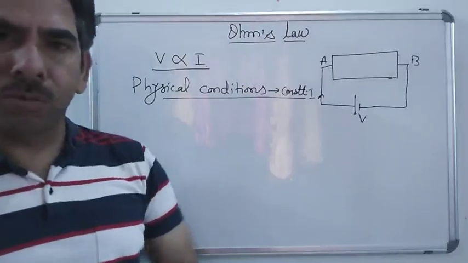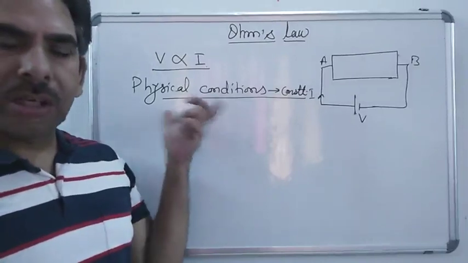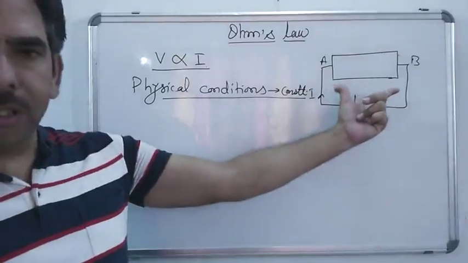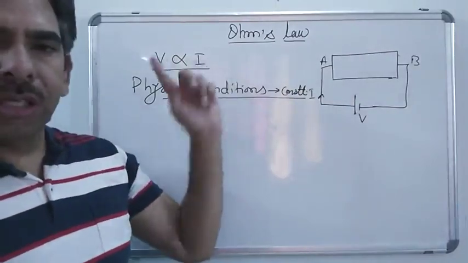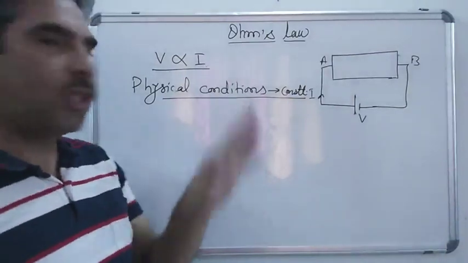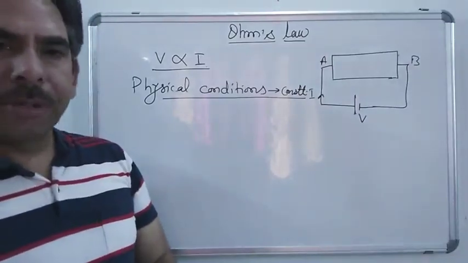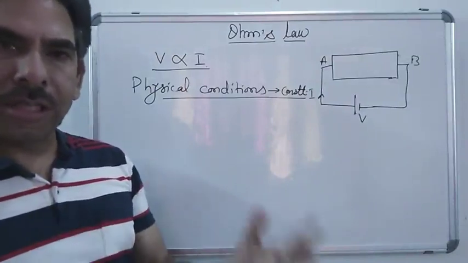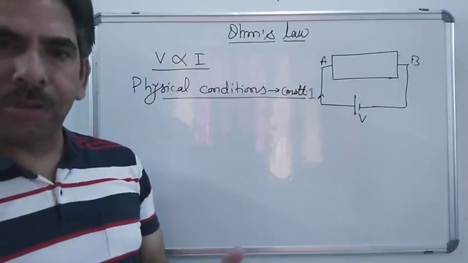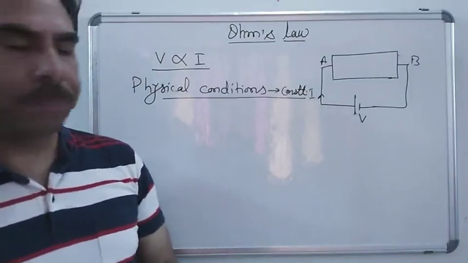Whenever we define Ohm's law, we always make mention of this term, that all the physical conditions must remain the same. Only then will the potential difference applied across two ends of the conductor be directly proportional to the current. Otherwise that proportionality will be lost, and there will be different values of current other than this proportionality. Right? These physical conditions may be the dimension of the conductor, or the temperature in which the conductor is working, or they may also depend upon the material of the conductor. So all such physical conditions must remain the same.